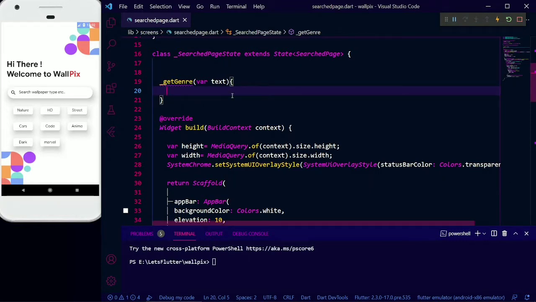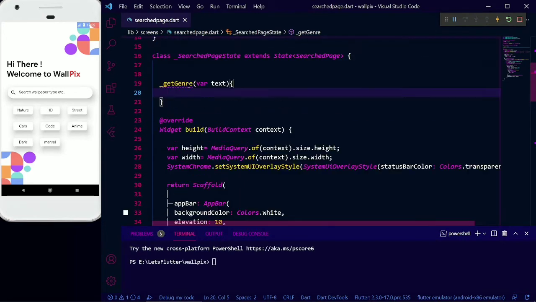So we will add some keywords for what the user might put here, and accordingly return genres from this list, like nature, HD, street, cars.